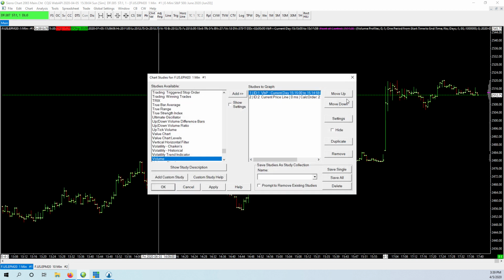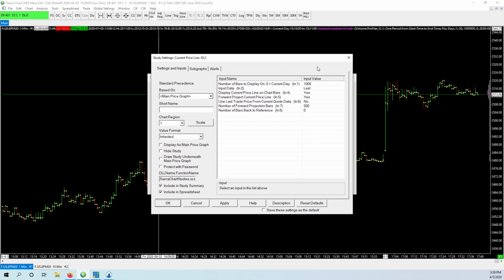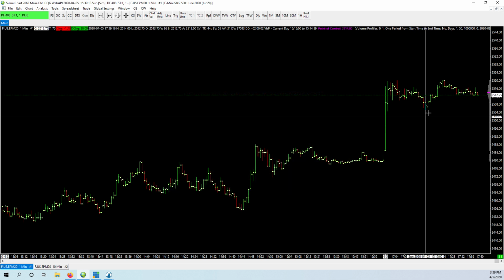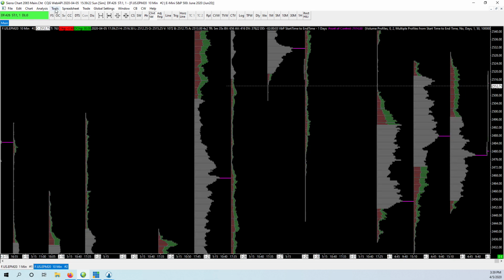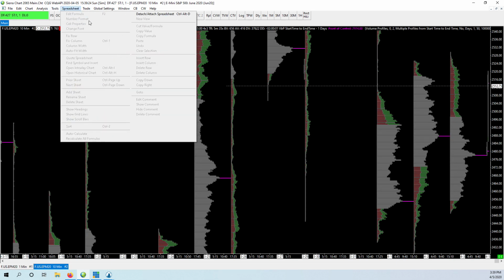And then also this current price line, it's pretty easy to use if you want to screenshot that. It's just this green line you see going across right here. Those are the only 2 studies. Otherwise, I run multiple daily profiles. So if we look at the analysts,